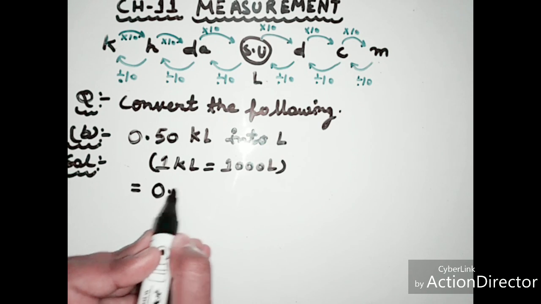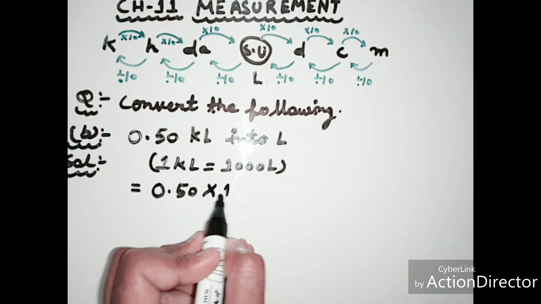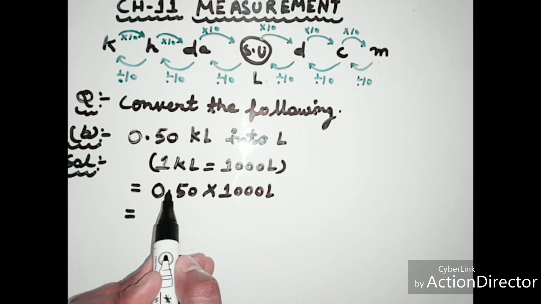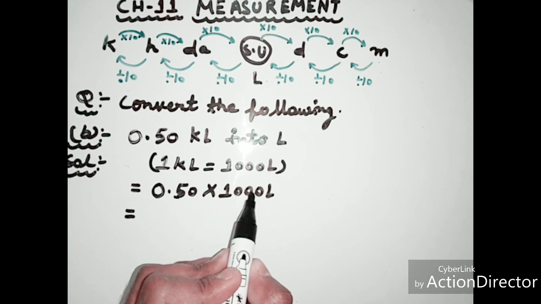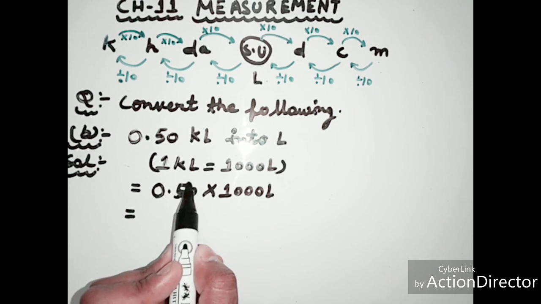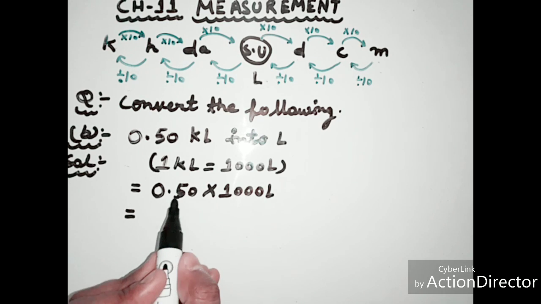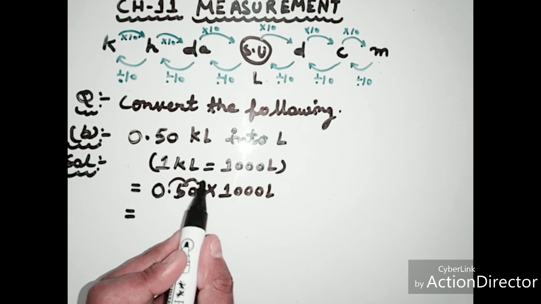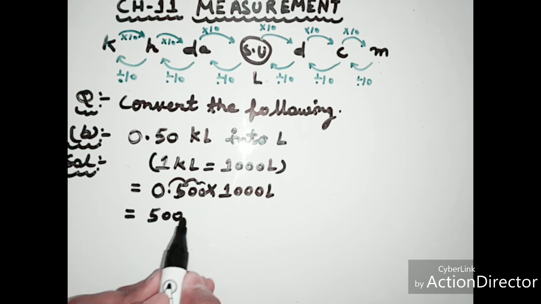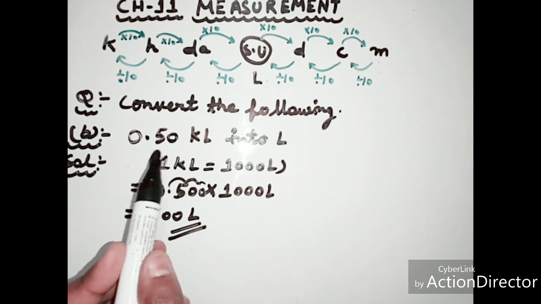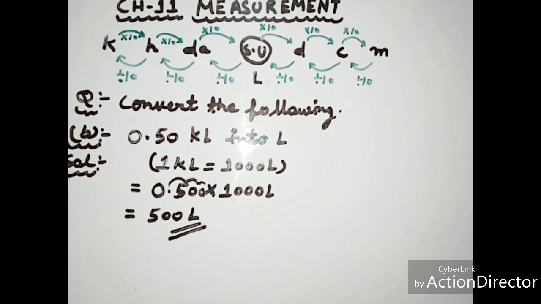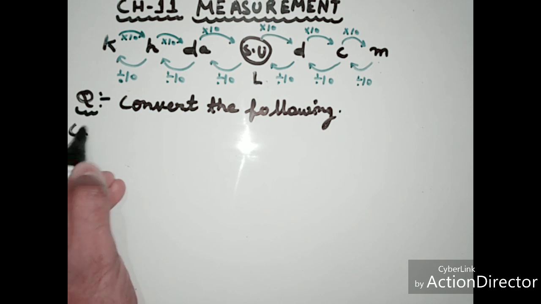After that you multiply 0.50 by 1000 liter. So decimal place is here and it moves 1, 2, 3 places to right hand side, means 1, 2 and increase 1 zero here, 3, means 500 liter. So 0.50 kiloliter into liter, 500 liters. Now example number C.